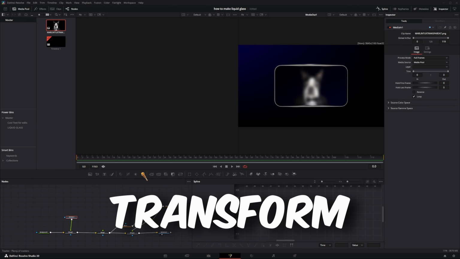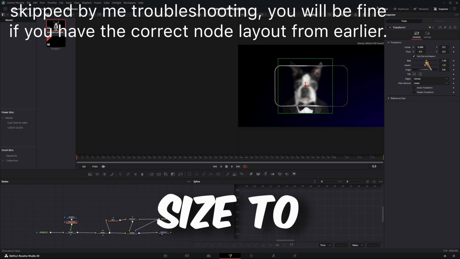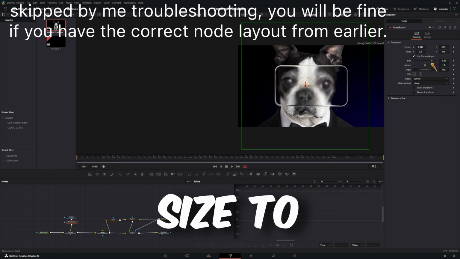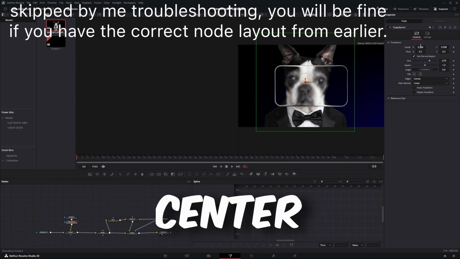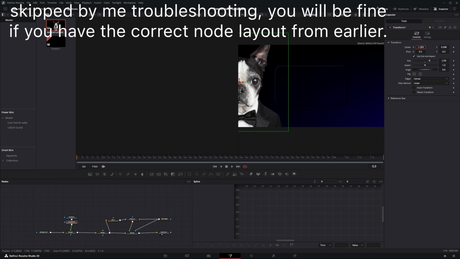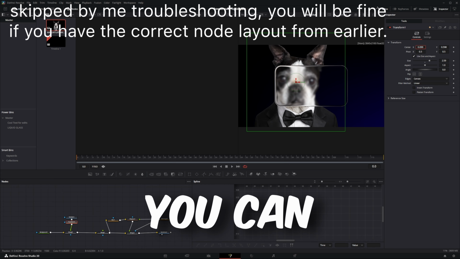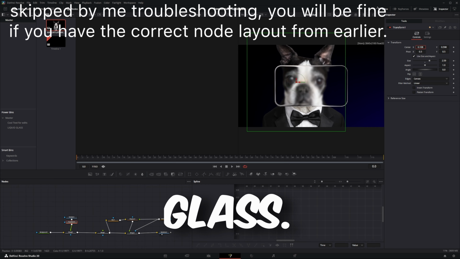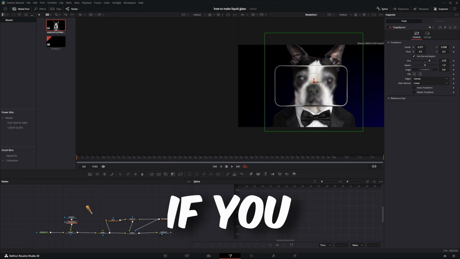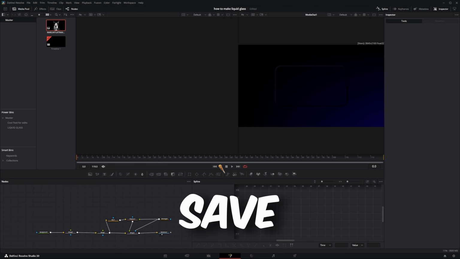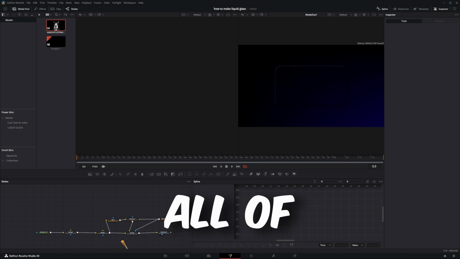If we add a transform to that, you can see if we drag our size to right here, and then you just use the center X and drag here, you can see that nice liquid glass. Perfect. So now, if you want to save this as a preset, you're going to want to select all of